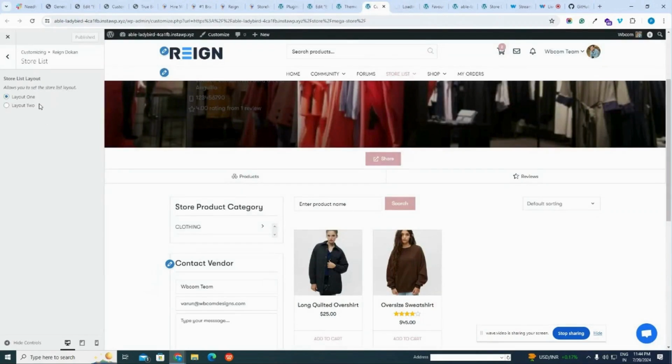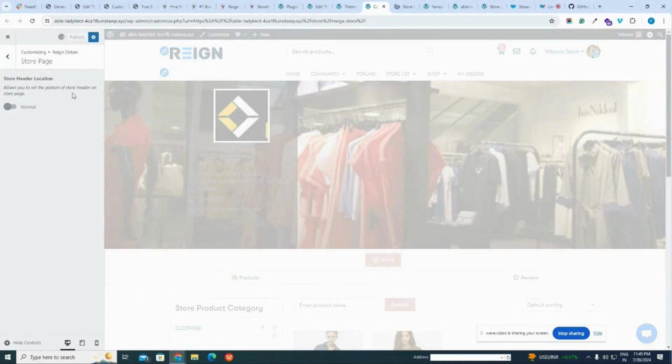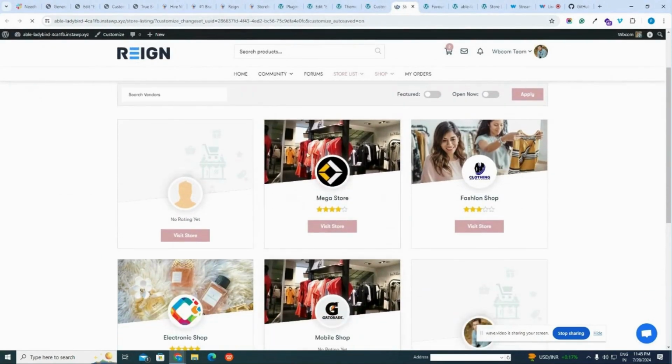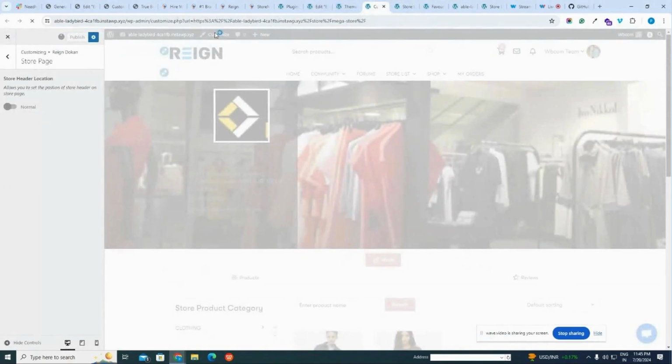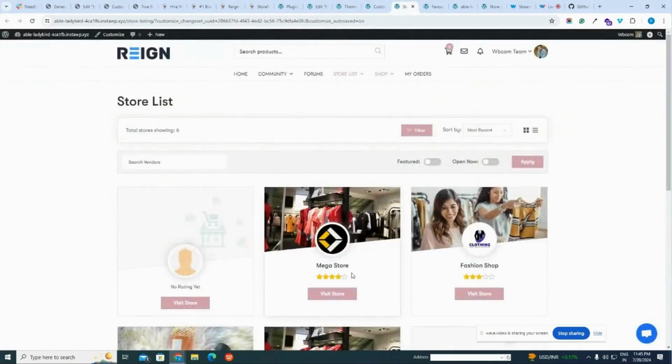There are two layouts available to choose from, and this is for the single page layout, whether you want this header to be on top, and whether you want this header to be full width or a container. This is a store list, and two layouts are available for this page. This is the single store page